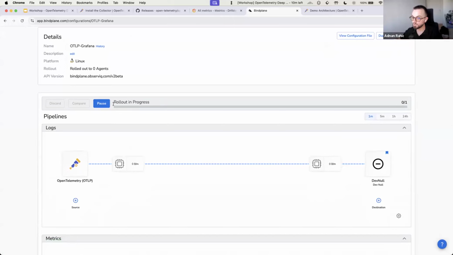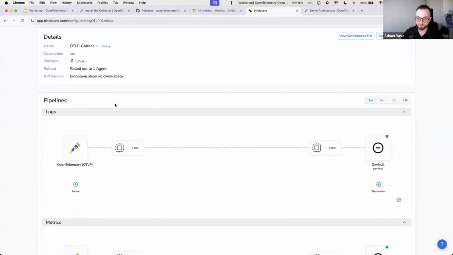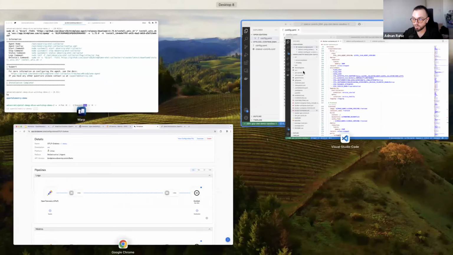So now once this is rolling out, this is the OpAMP in action that Mike was just explaining. Bindplane is communicating to my collector via OpAMP, and it's basically pushing down the config, configuring it, and telling it to restart with that new config. So now what's the kicker? We need to go back into our